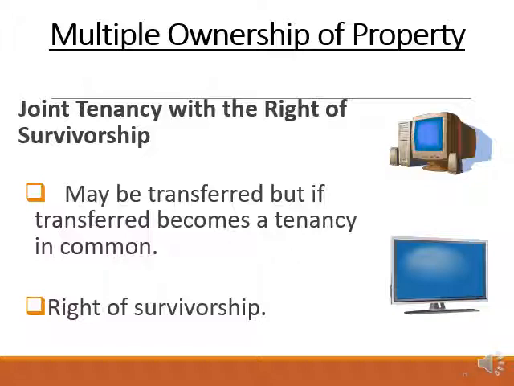So let me give you an example. Let's say we have three owners. Jack, Peter, and Owen own a boat. That means they each have a 1/3 interest. Let's say Peter wants to sell or transfer his interest to Maya. He can do that with a joint tenancy with the right of survivorship, but when he transfers it to Maya, that destroys the right of survivorship. And so now, once he transfers or sells his interest, it's Jack, Owen, and Maya. Each has a 1/3 interest, but it's in a tenancy in common. So now if any one of them dies, their interest no longer goes to the other owners, because it becomes a tenancy in common. It goes to their heirs or relatives.